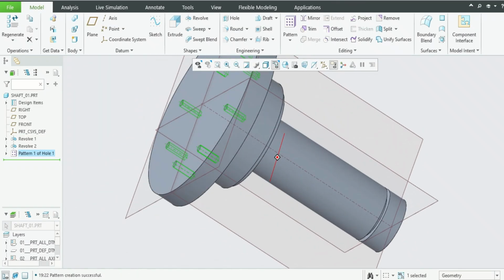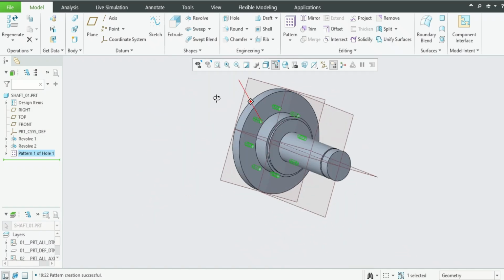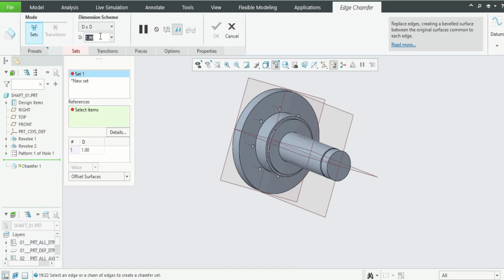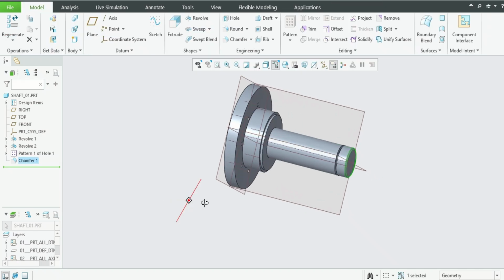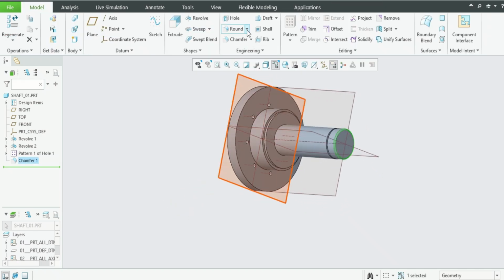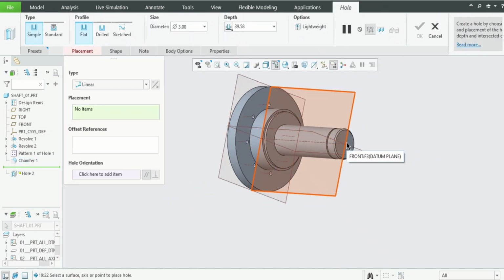I think almost we have done the except the chamfer. Let's give 1 mm d by d. Okay, that's all we have done, and we will create one more hole also, and this face, let's